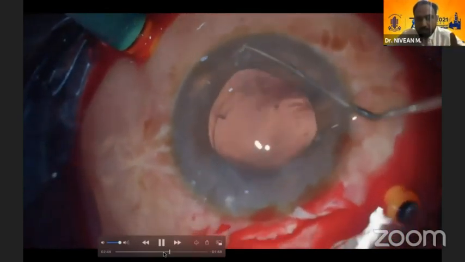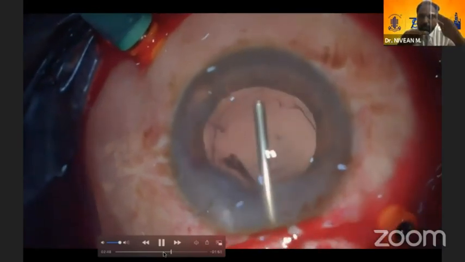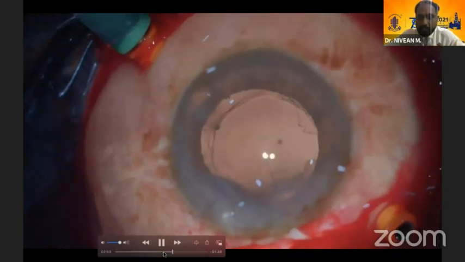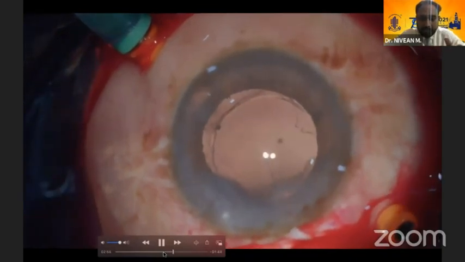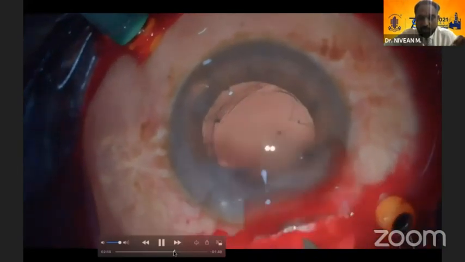So once you know the integrity is there, put viscoelastic between the iris and the anterior capsule. This gives us a space to know exactly where we can keep the lens in the sulcus, even though it is such a large rent. So I prefer the three-piece or the rigid lenses. They're more stable and easier to do.